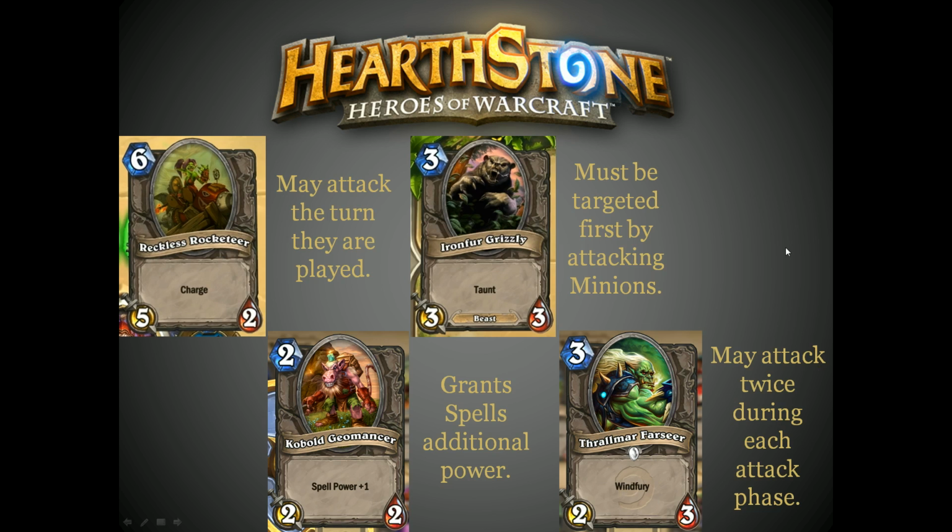Windfury. Minions with Windfury, it's pretty straightforward. They can attack twice each attack phase. Now, unlike Charge, they can't attack when they initially hit the board. However, if you can keep them alive, they can deal devastating amounts of damage, especially if you can buff them up. So say you have this Thrallmar Farseer in a Paladin deck, you throw it down turn 3,